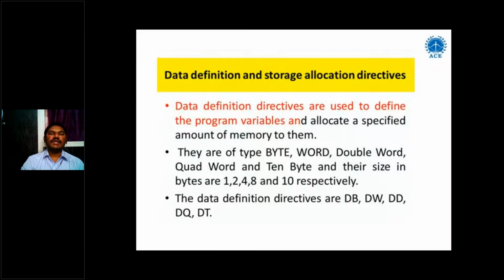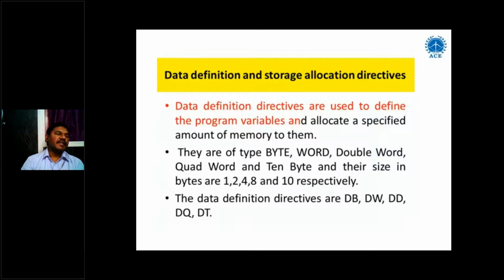See, data definition and storage allocation. We all know that the microprocessor runs on machine code, binary level language code, or digital bits. That's why data also will be written in terms of bits and bytes. Byte means 8 bits. 2 bytes is called 16 bits.